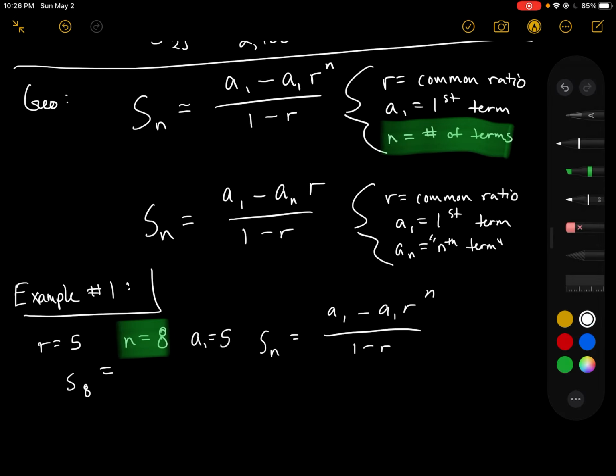Here it is. So we have r is 5, and the thing that we're missing here, that's why I wrote it down wrong, a sub 1 is also 5. Or our first term is also 5. So with that information, now we're ready to keep rolling and keep moving through here. So basically, just like we've been doing for so much of this, we're going to plug in everything that we know. So here we want our 8th term,